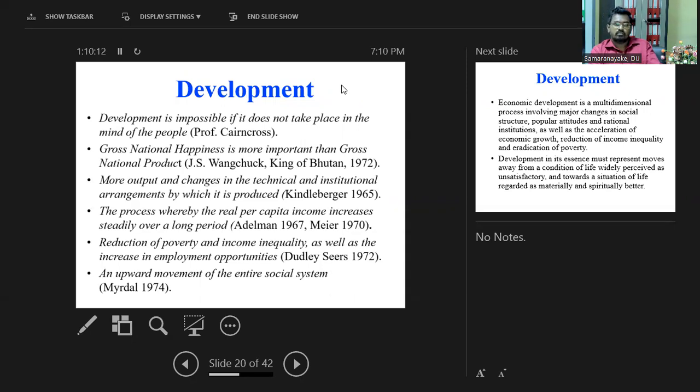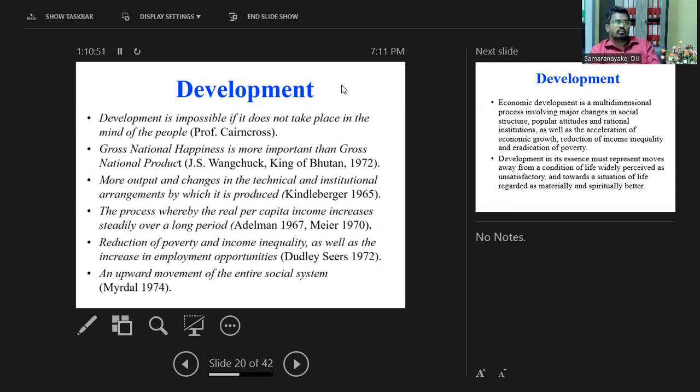Why is Bhutan very popular for this happiness matter, right? According to King Wangchuk, one of the kings in Bhutan, in 1972 he said gross national happiness is more important than gross national production. See, they practice it, and they found that it is very important for themselves. They focus more toward happiness, and they think that is development, and that works for them. Now, feel free to study these countries and see, and Sri Lanka, where are we, right?